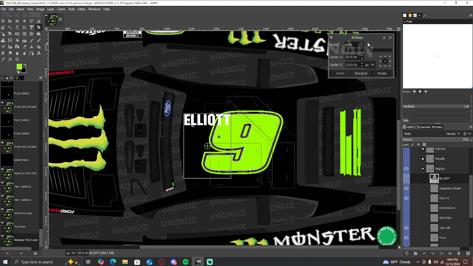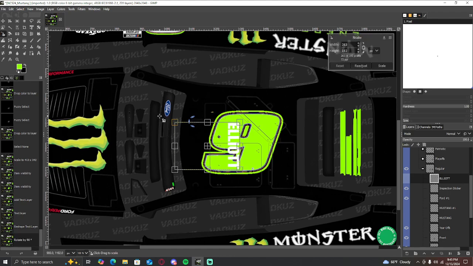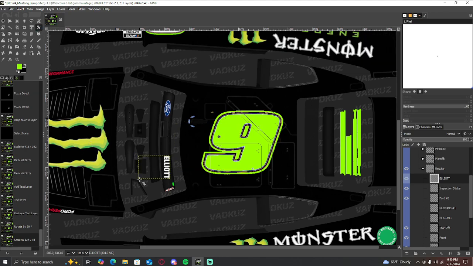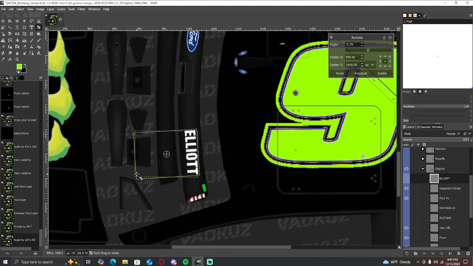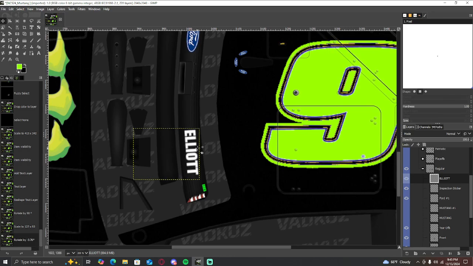Use that rotate tool. Negative, or actually 90. Not negative. We'll make that 90. And you'll kind of size it to what it should be. And you can rotate it. It's not going to be 100% because this is curved. I'm not sure if you can actually curve this layer. You probably can. It's just